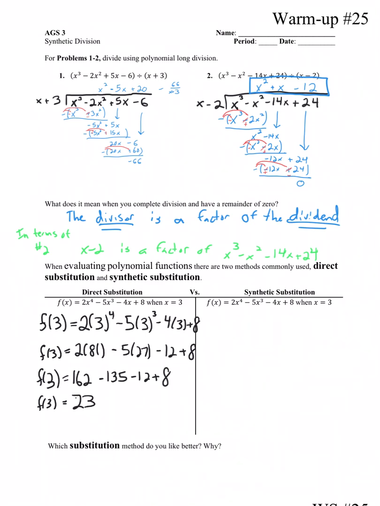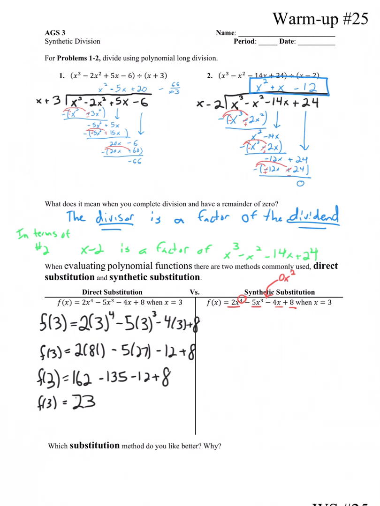Now there's this other thing over here called synthetic substitution. And the way synthetic substitution works is first we have to treat it kind of like a division problem where we look at, okay, this is a 4th degree polynomial, so there should be 5 terms. And we see 1, 2, 3, 4 terms. There's 1 term missing. So we have to put a placeholder in there, and that's going to be a 0x